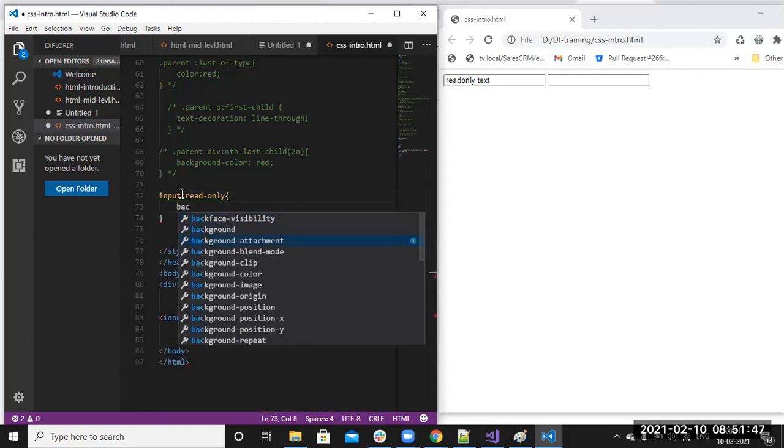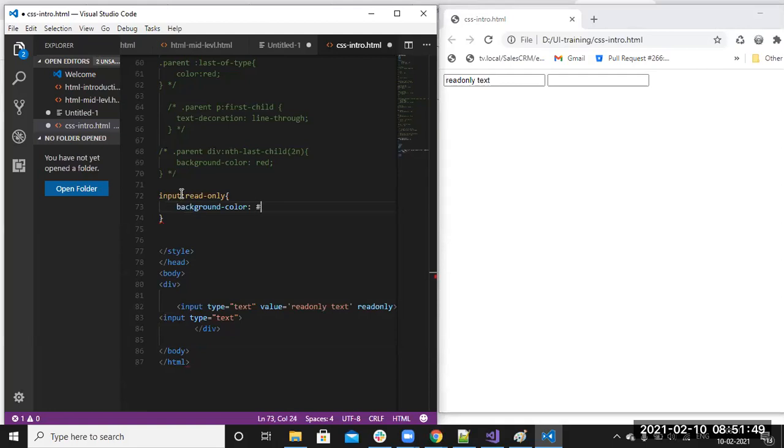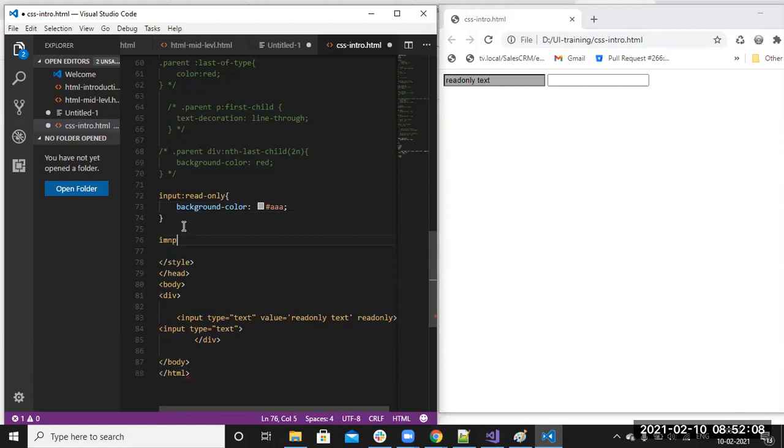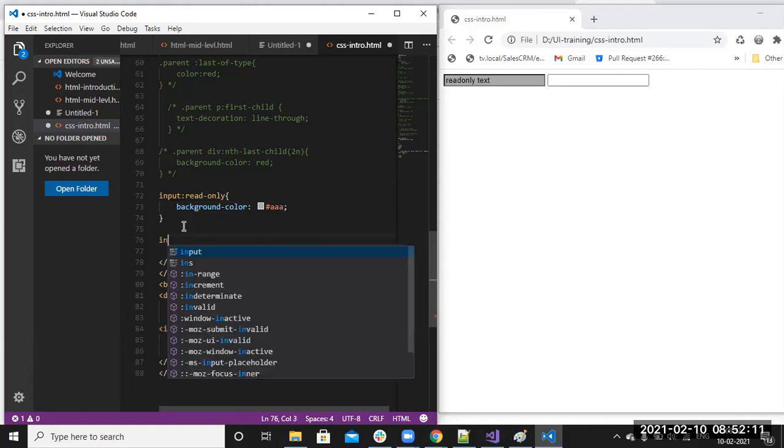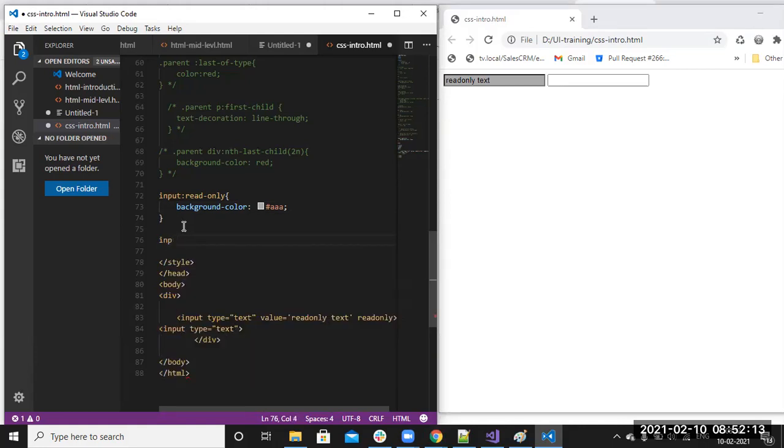So some background color, a little grayish, right? Yes, see, instead of that, yes, yeah, I have it. Okay, like this. Now I got the background color for the read-only field. I didn't get it for this one, because this is not a read-only field. I want for not read-only fields also, we can apply the background color. How will we apply?